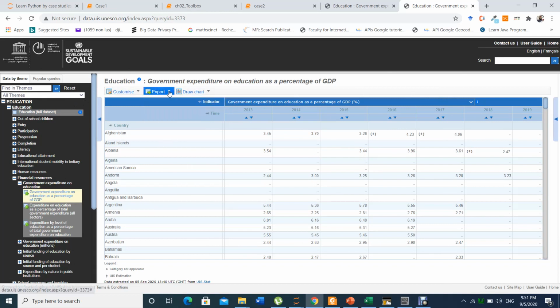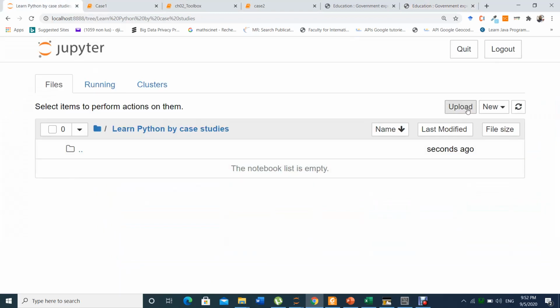Just come here and export it as a CSV file. After you download it, you go to upload.